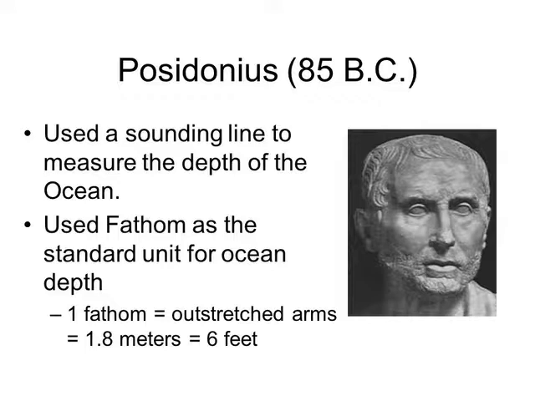In 85 BC, we have Poseidonus, and he used a sounding line to measure the ocean depth in the Mediterranean Ocean. He developed what's known as a fathom. At the time, the fathom was just the length of his arms stretched out. Nowadays, we've standardized it to 6 feet or 1.8 meters, but at the time, it was just whatever